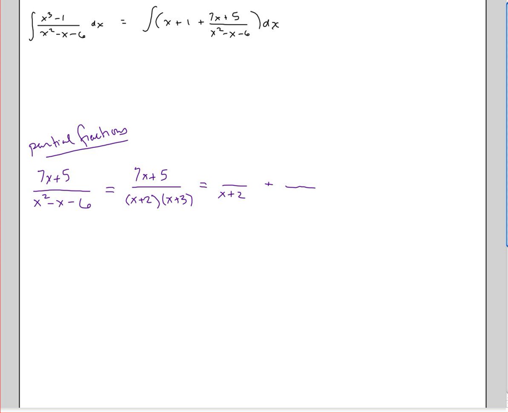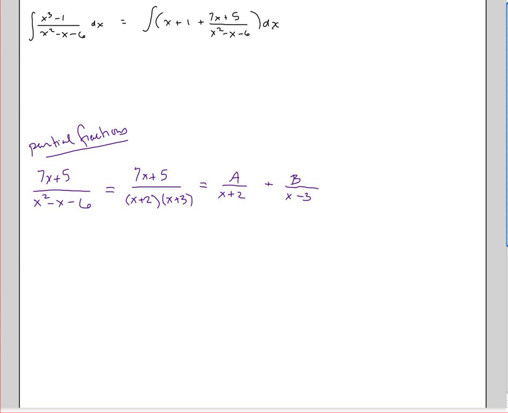over x minus 3. And if these are proper, that something can be only some sort of constant, right? We'll call it a and b. So if it's a proper fraction, that's going to be a constant. Okay, so as long as you factor into linears, only linears, then you're going to have those constants as proper fractions. And the goal is to figure out what a and b are, so when I add these two fractions,